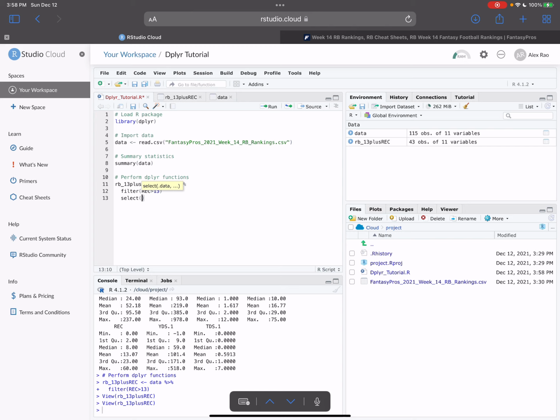And then actually before we do that, we're going to go ahead and add our pipe. Very frustrating to have to type that out every time. But so we got that in there. And all I'm going to do in the parentheses here is list the variables that we're interested in having. So I'm going to go ahead and include player name. We want to throw in fantasy points,